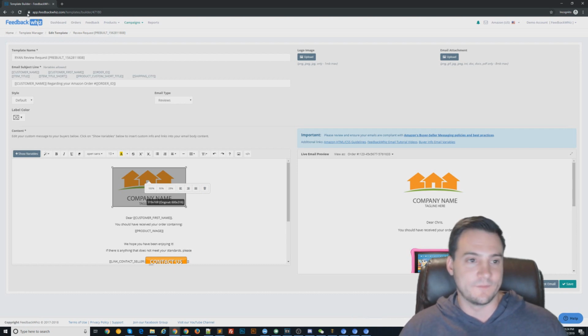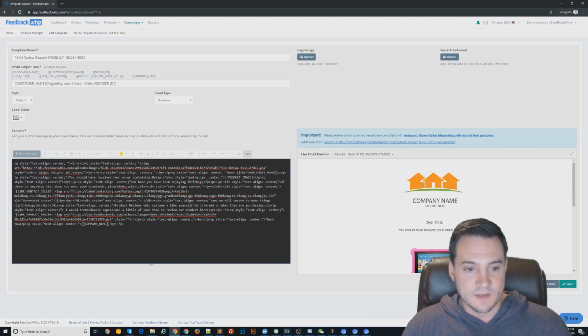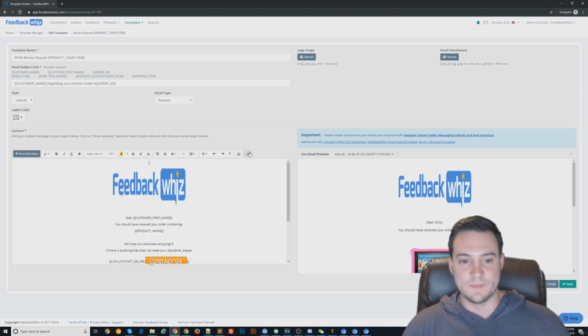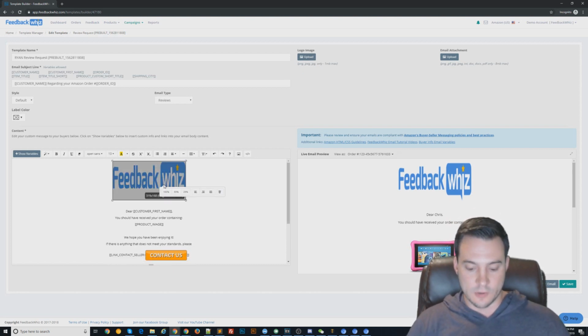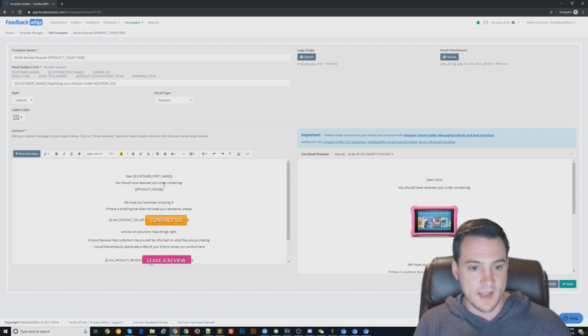web address from the top left corner and then just go into code view here. Don't be intimidated by this. It's not this hard. This is just me being a web developer knowing that I can do it this way. Otherwise, you can just upload your logo using that image upload button. And once you do that, you can delete the logo from right here, the placeholder, and you should be able